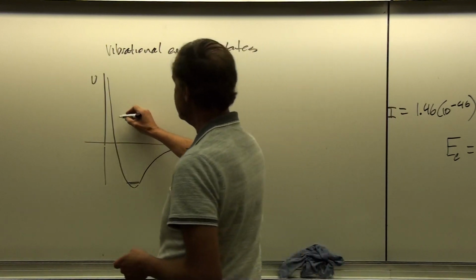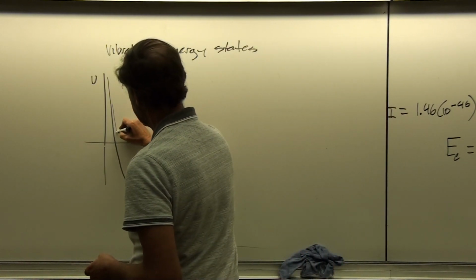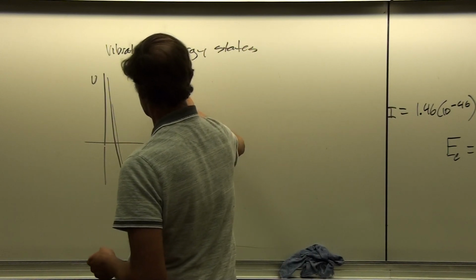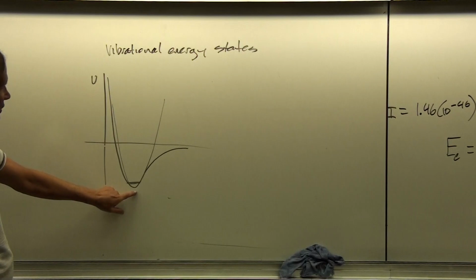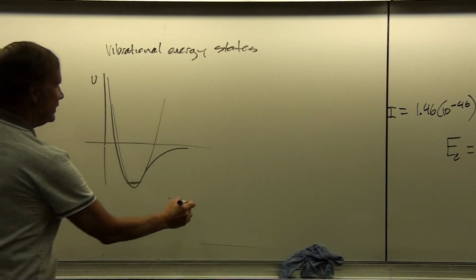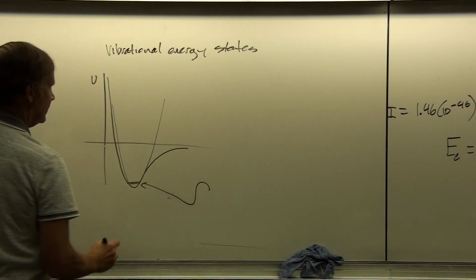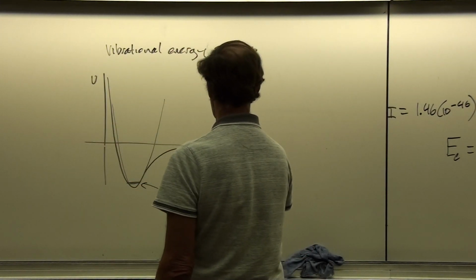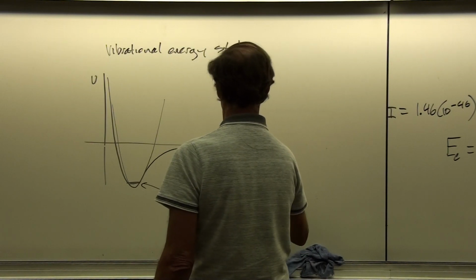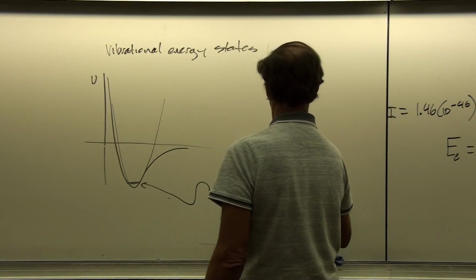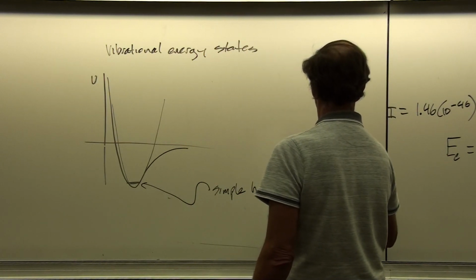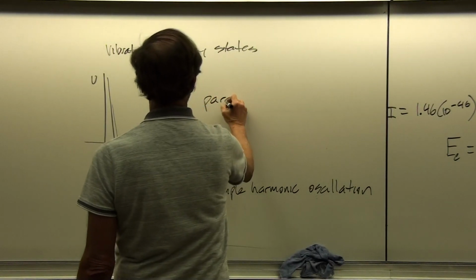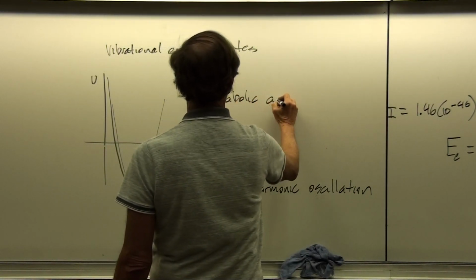And so this is very much, though, like a simple harmonic oscillator potential, if we use what's called the parabolic approximation. So in this region that's nearby to the minimum, we can get solutions to the simple harmonic oscillator because of the parabolic approximation.